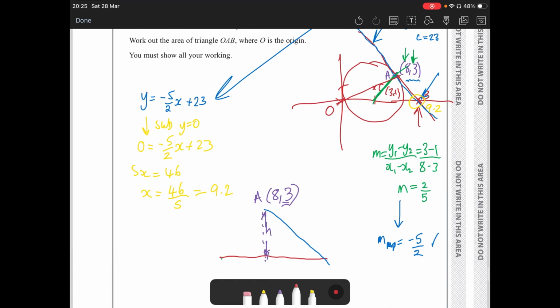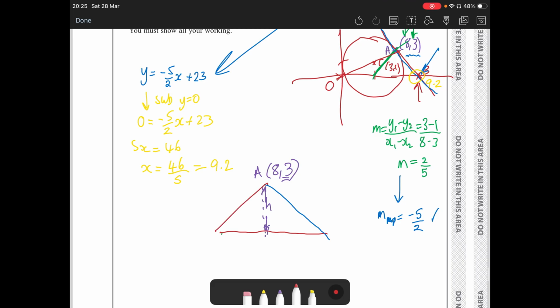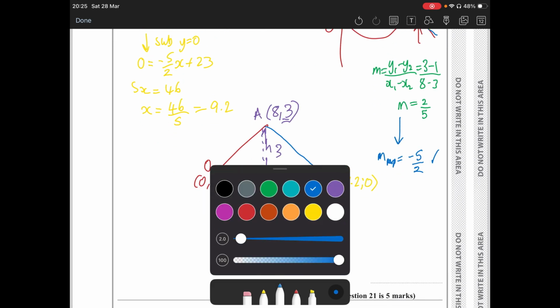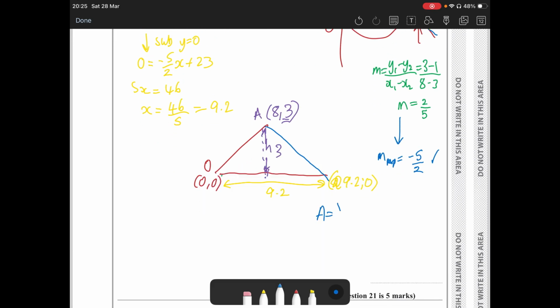AB, my bad. So obviously O is a coordinate 0, 0. A we said already, and C is 0, sorry, 9.20. So this triangle has a width of 9.2, has a height of 3. This should be fairly straightforward then. So the area of the triangle, which is a half of 3 times 9.2, should be